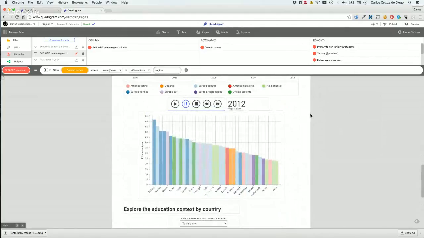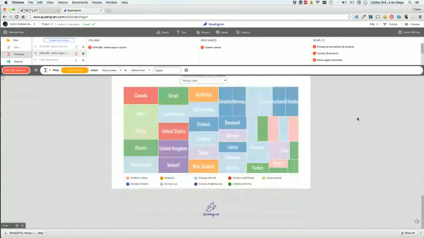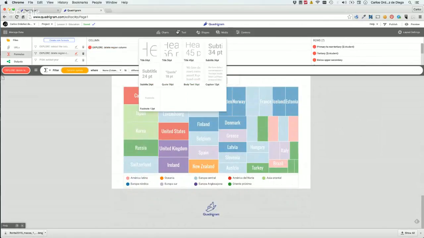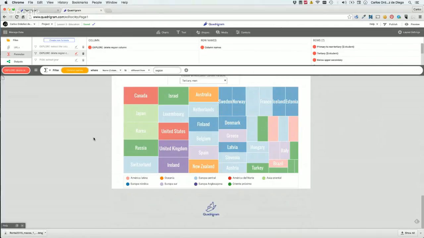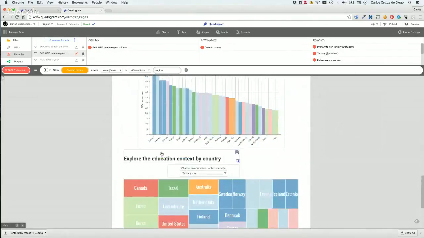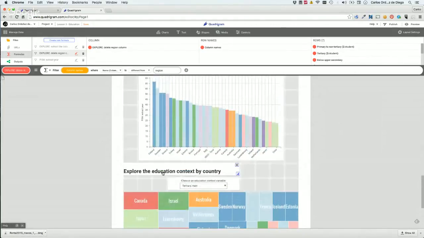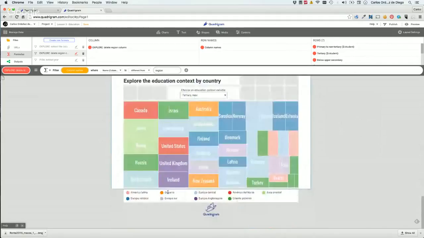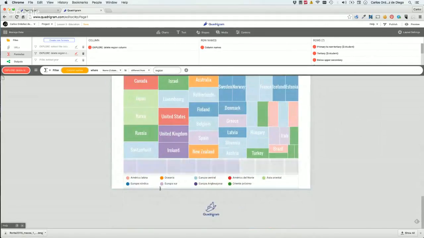Okay. Now at the end, I'm going to show you how to aggregate data, how to summarize them. Okay, so I'm going to duplicate this title